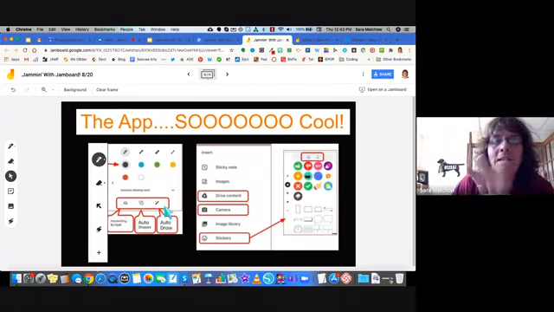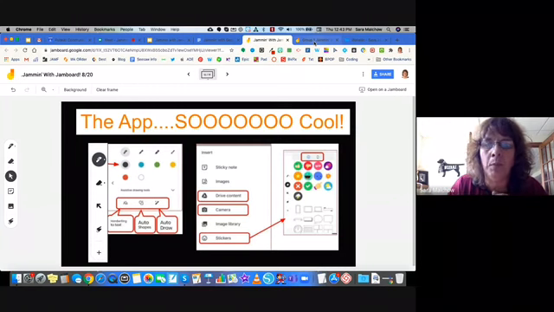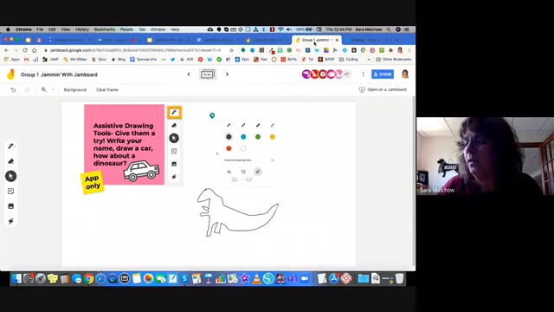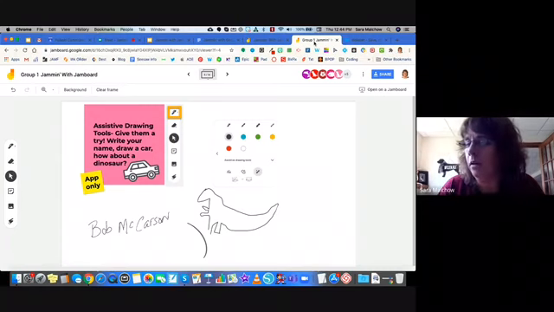So now, having seen that interface on the slide deck, I'm going to go back to the Group 1 Jamboard. And I'm going to show you. You're not going to be able to see what it looks like on my screen. However, you'll see it when it's done. So I'm on my iPad right now. When I click the pen tool, I'm going to choose a color. I'm going to touch where it says assistive drawing tools, like I mentioned. And I'm going to go to the handwriting